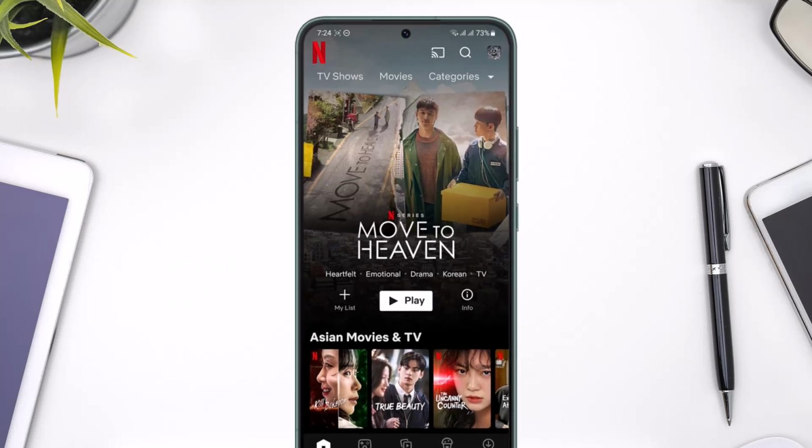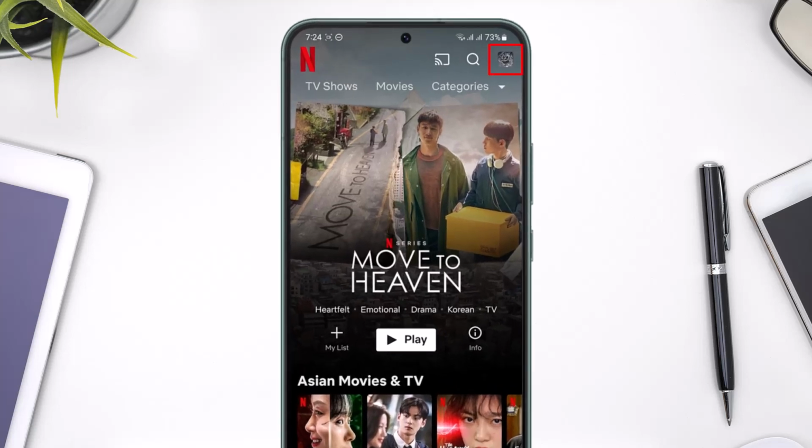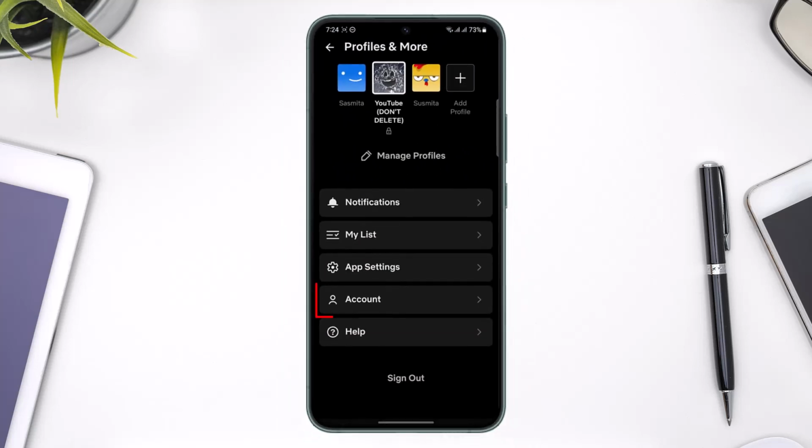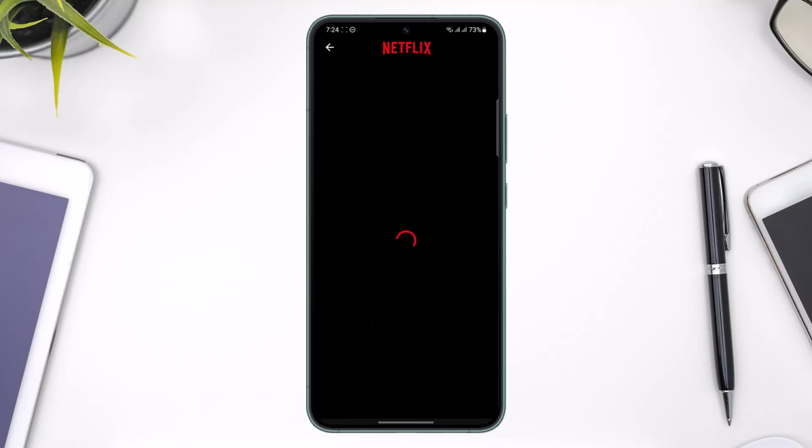To do that, first of all, tap the account icon from the very top right hand side of the screen. Then once you tap the account icon, over here at the bottom, you'll find the option called account. So you just want to make sure to tap on the account option. When you tap on account, you'll see all the account page options